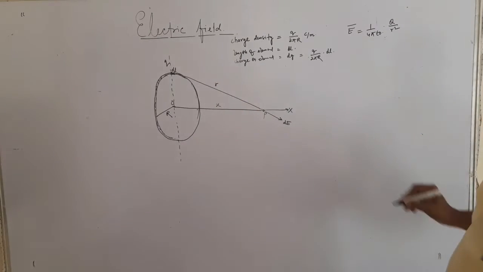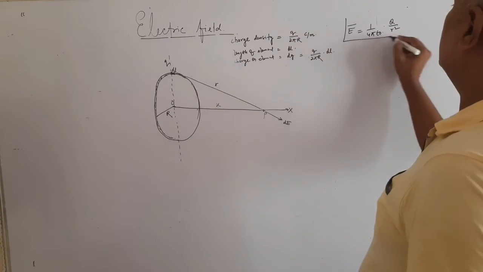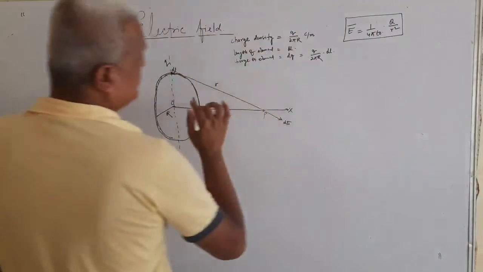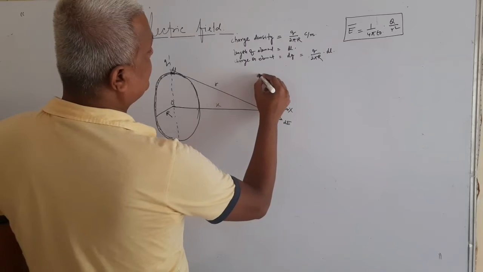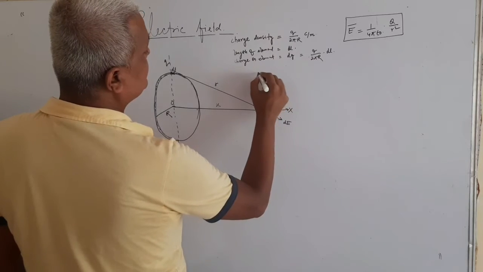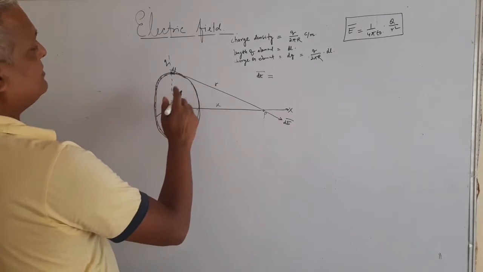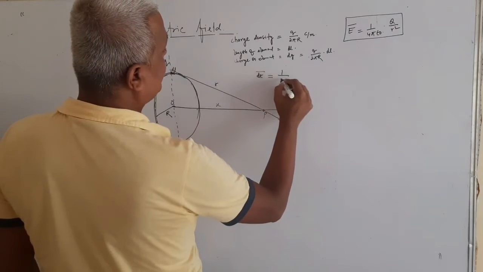So this is a formula, and we will try to derive some information, and we find the electric field due to this charge is dE bar, and that will be 1 upon 4 pi epsilon naught,